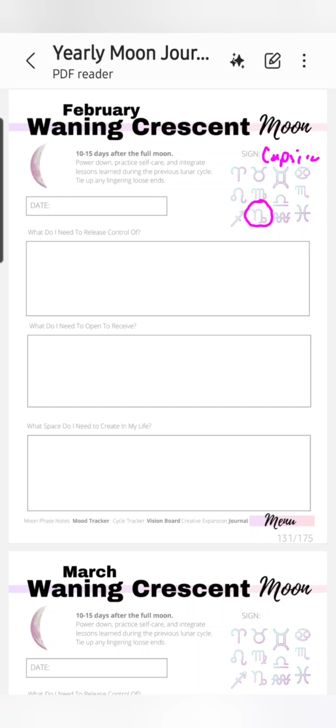And you can go ahead and fill out the rest of the prompts. When you're filling out the prompts, you've got your date here, and then you look down to see, what do I need to release control of? Well, to tie it back to the moon transit in Capricorn, you can consider, what do I need to release control of when it comes to self-improvement, and so on. And if you forget what the Capricorn information was about, you can tap on this word sign,